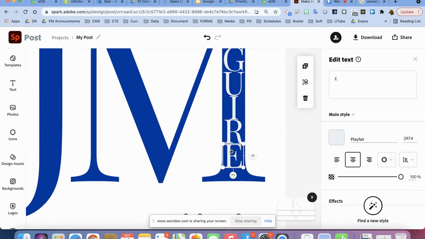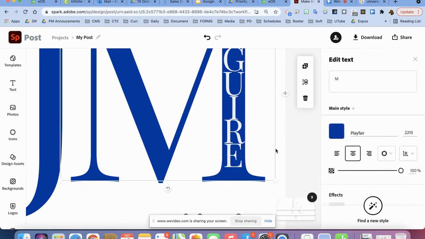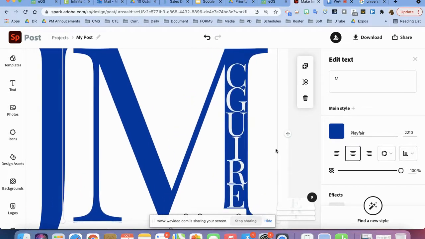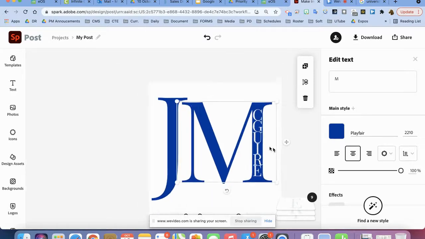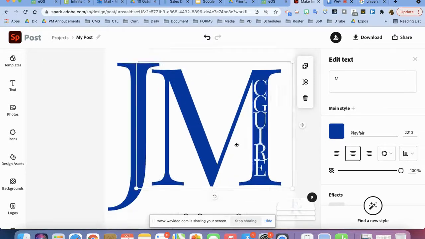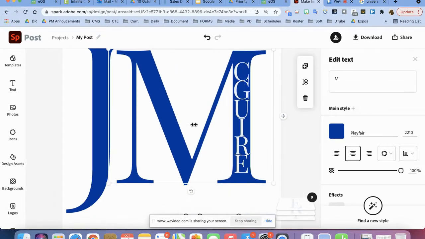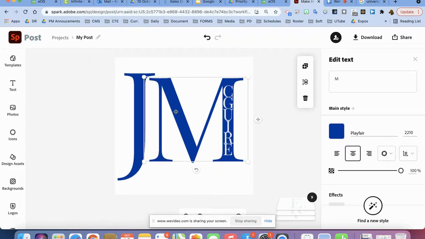And for you all on your Chromebook, you can hit Control Plus and it will zoom your screen in if you want to get a closer shot of it. But in this case, this is a really cool brand technique. Okay. So the next thing I'm going to do is go in and do the J the same way. Now, remember we talked about the hex code. With the hex code,